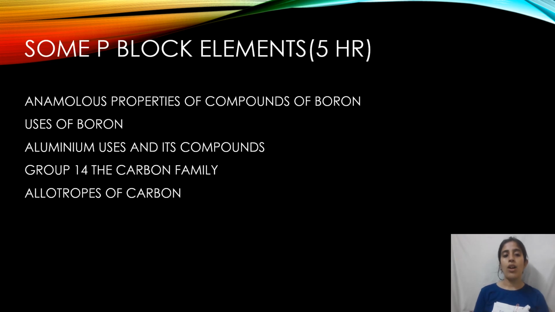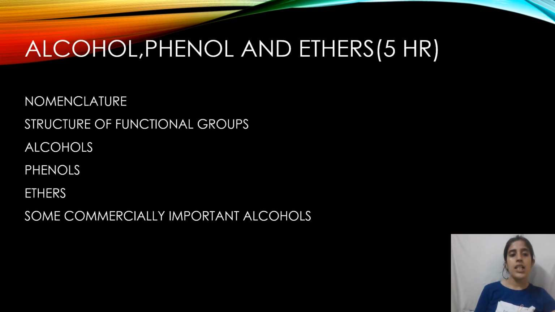Next is some p block element, that is anomalous properties of the compounds of boron, uses of boron, aluminium uses and its compound, group 14, carbon family, and allotropes of carbon. These are the topics in some p block elements. Next is alcohol, phenol and ether, that are nomenclature, structure of functional groups, alcohol, phenol, ether and some commercially important